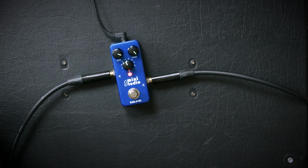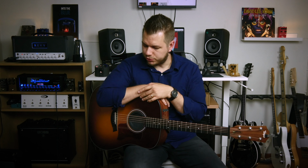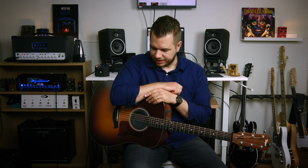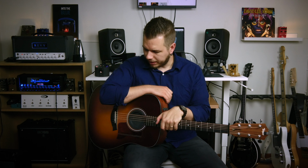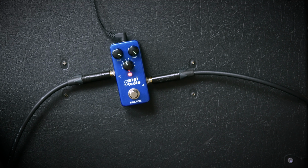Impressive little pedal. It does exactly what it says it will do. And there's a little software thingy that you can use to import your own impulse responses. It also shows you the EQ graph of how the impulse response sounds, stuff like that. I'd say out of all the impulse response pedals I've ever tried, this might be the most beginner friendly, in the sense that if you are really not familiar with the impulse response technology and just happen to